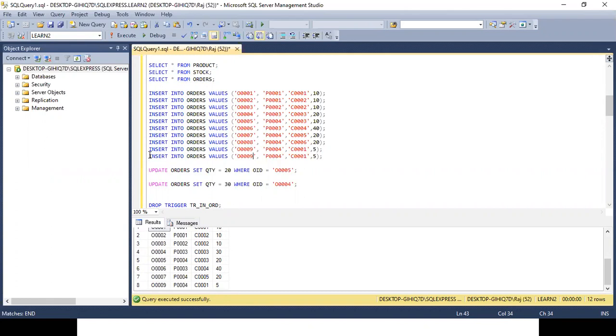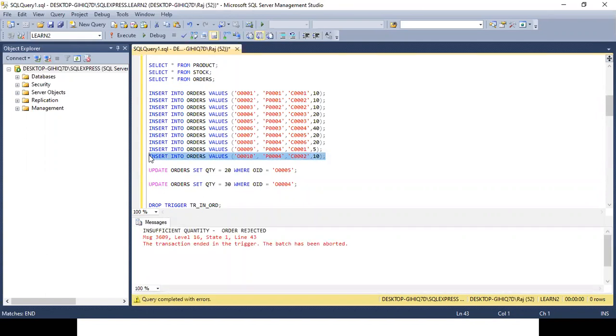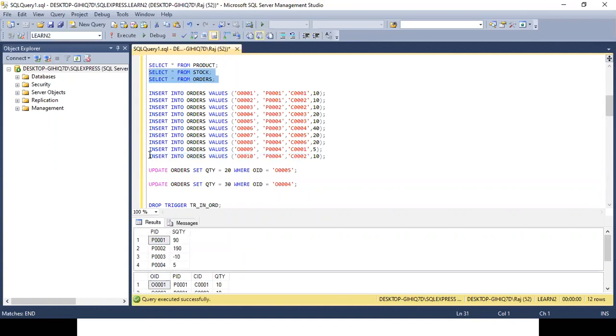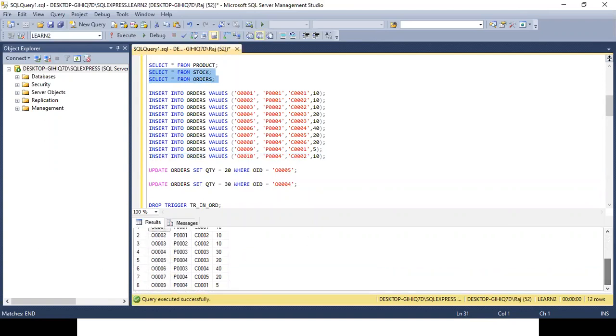Order number 10, customer number, let's take 2, ordering for 10. Insufficient quantity, order rejected. And let's see. So you can see the quantity remains the same and the order has not been accepted.